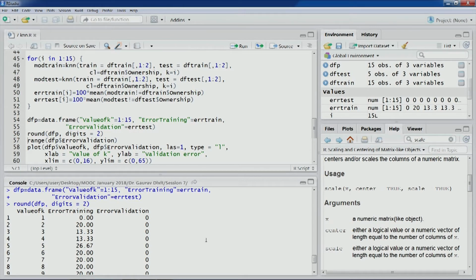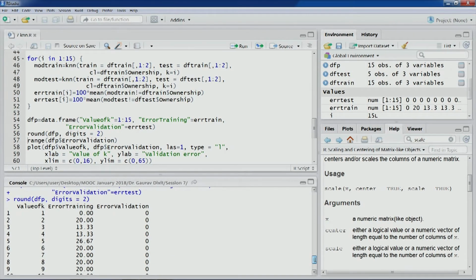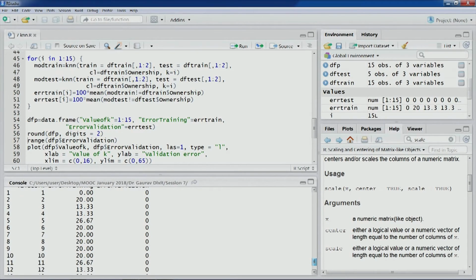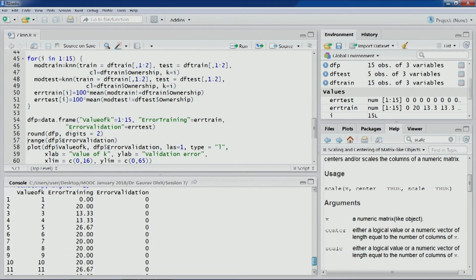So this yields the result that the error is 0; almost all the observations are being correctly classified. The same applies to the validation error, where there also we can see a 0 value. Typically this is not the case. This is mainly because of the way partitioning has been done.